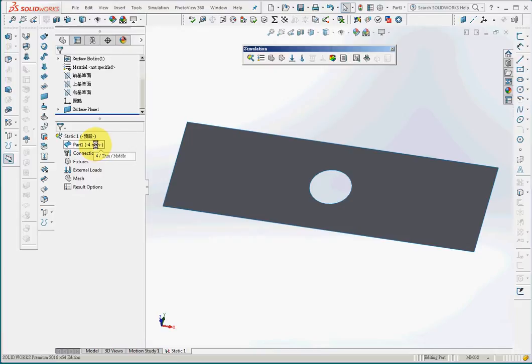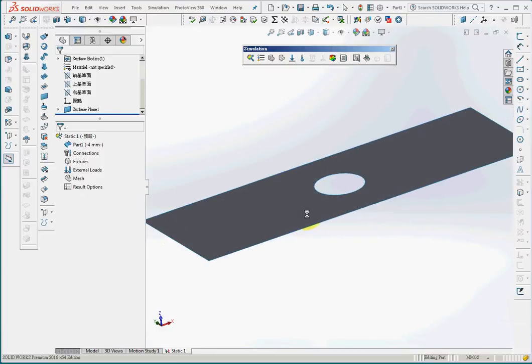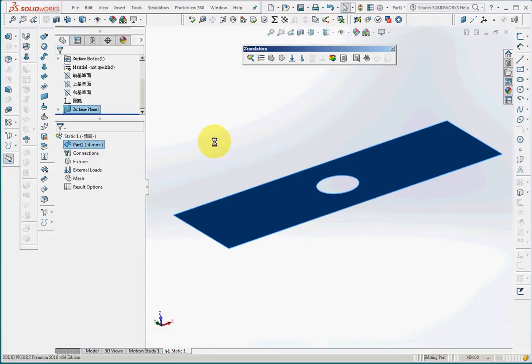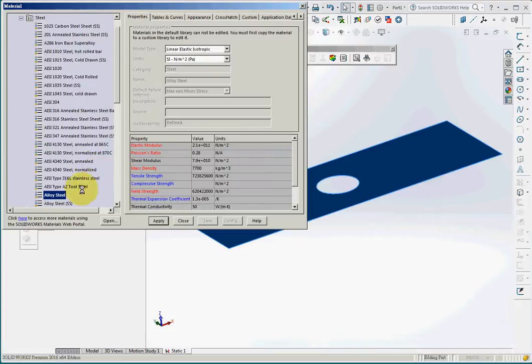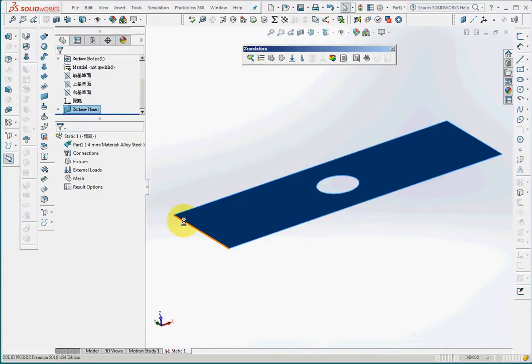Only after this have we completed the geometry part of the problem, because the CAD model has no thickness, so we have to define it in the CAE software. So now we have opened a study and completed the geometry. We have finished the first step of CAE analysis. Now the second step is to choose the material. I'll choose alloy steel. The third step,